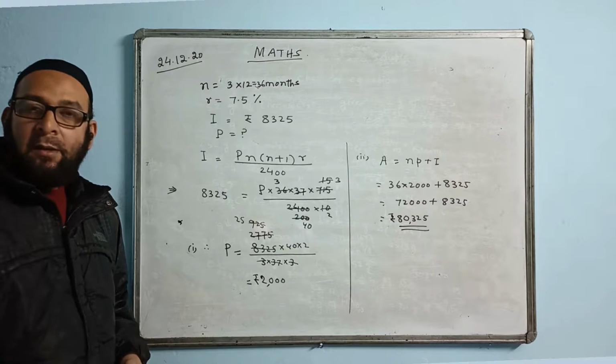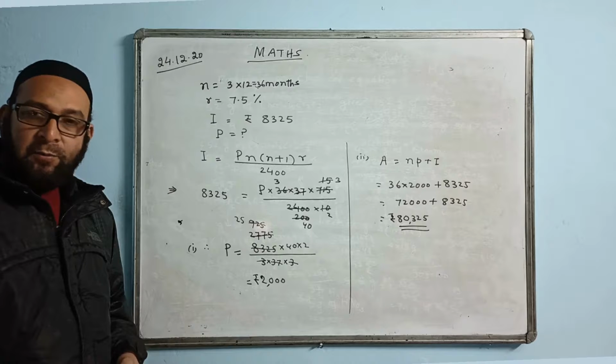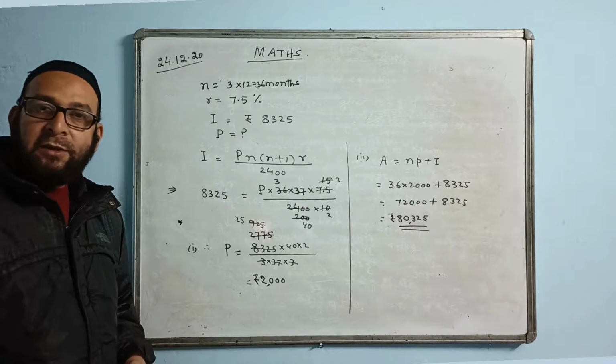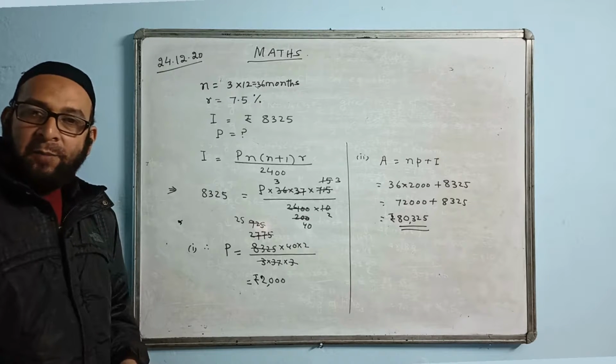After that you write: if he gets rupees 1200 as interest at the end of maturity,